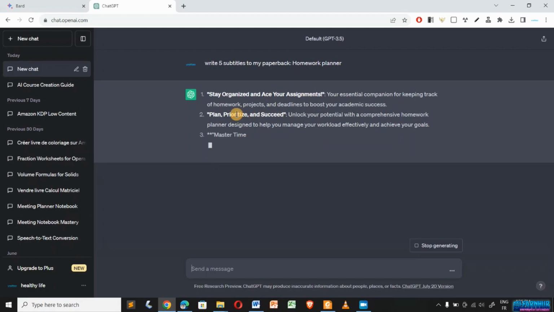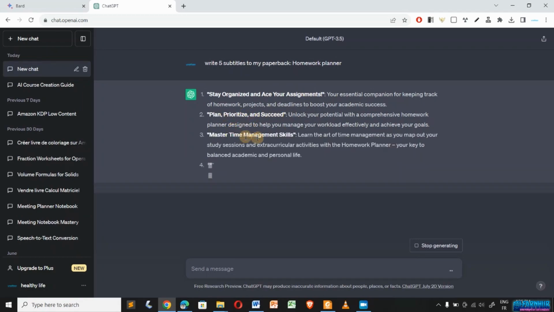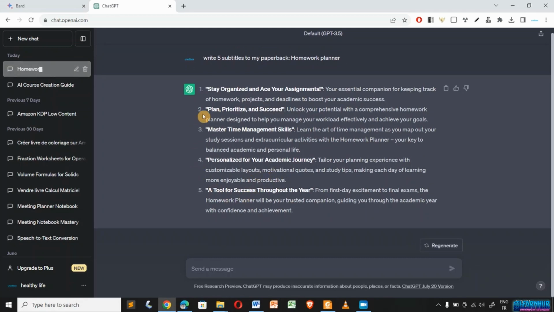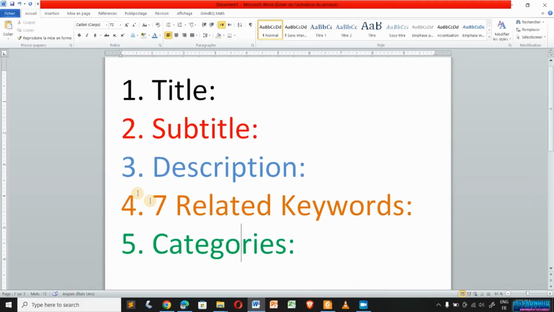Your assignment plan prepared and succeed. Master time and skills, tool skills, and so there are 5, and you can combine these results. So the next thing is how to get a description. The more information you give to Bard or ChatGPT, the more detailed, suitable and relevant a description you get. For example, I'm going to